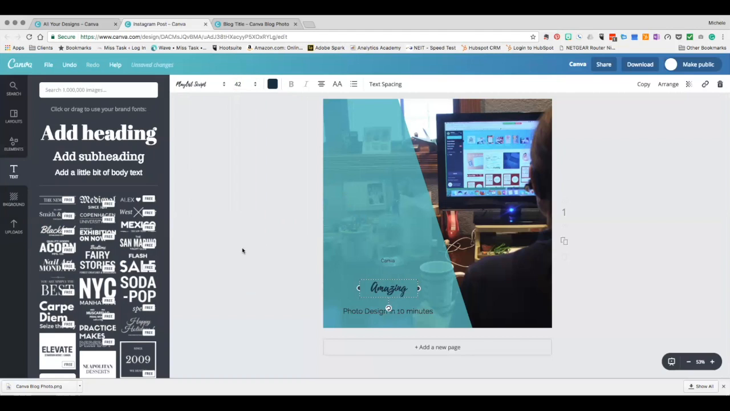I'm not sure if you're very familiar with Photoshop or not, but I start with that, and I seem to always come back to Canva because it's so simple and quick to use. So there is my demonstration on how you can create blog photos as well as matching social media